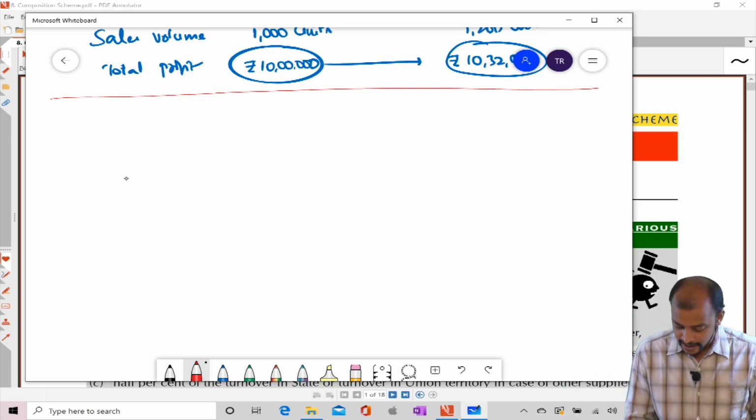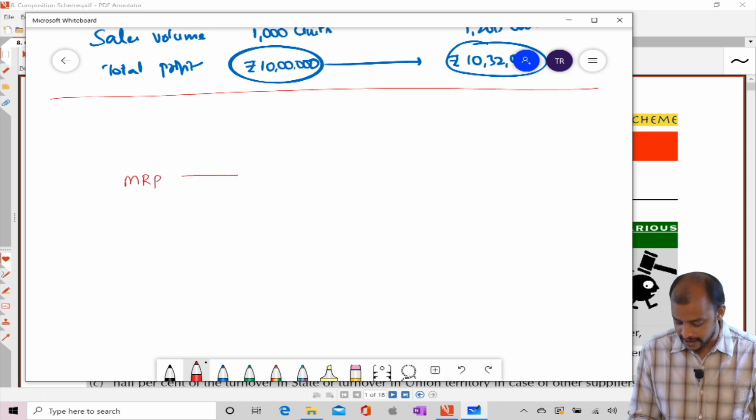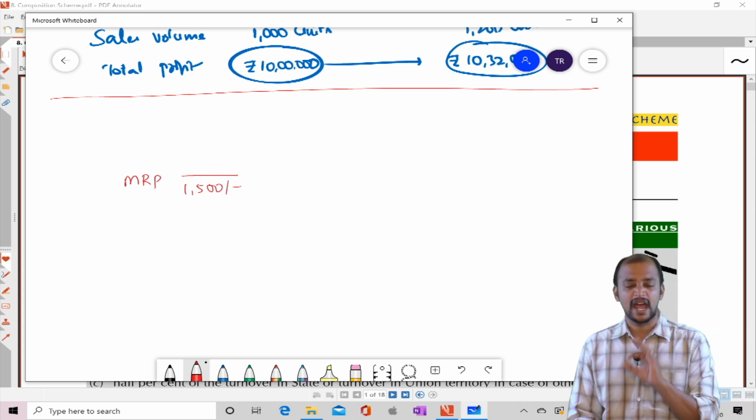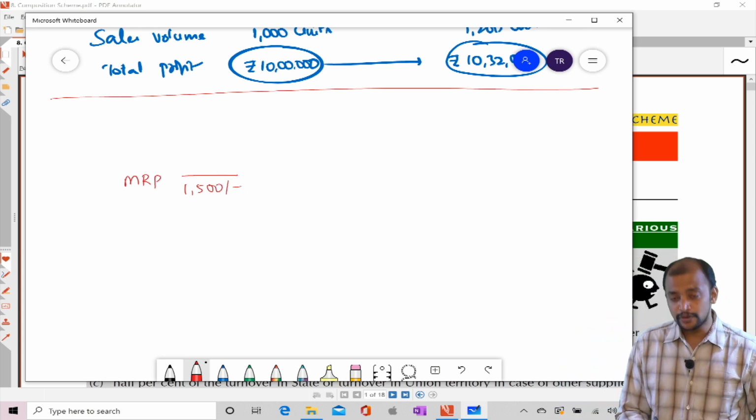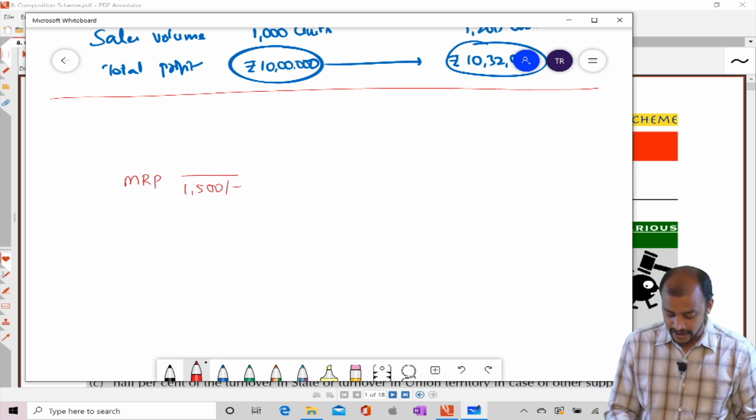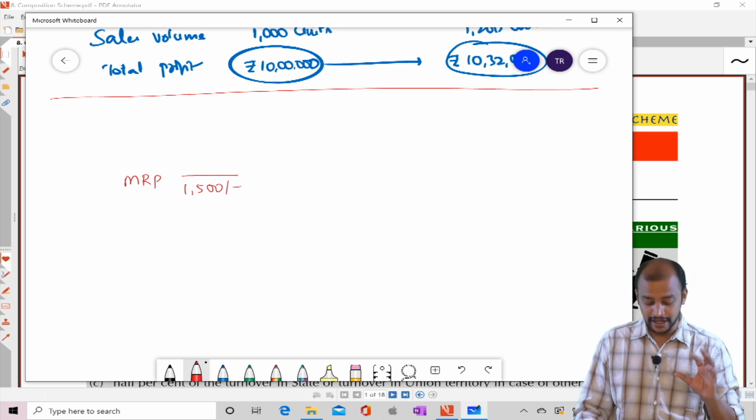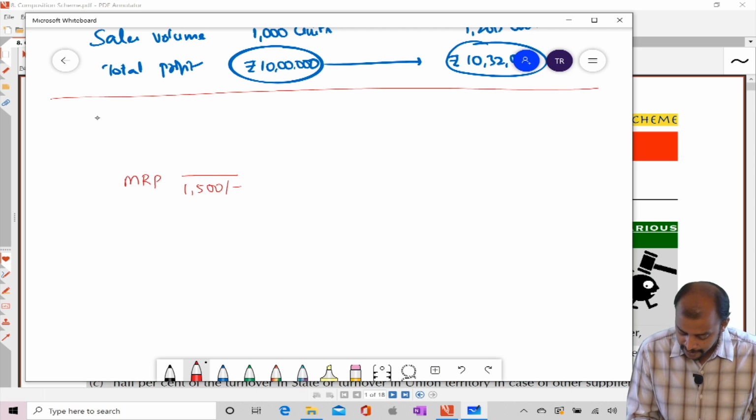Okay, so the MRP of the product is 1500, the maximum retail price inclusive of all taxes. So this is the MRP of the product. Now what is the purchase price? That purchase price is, say,